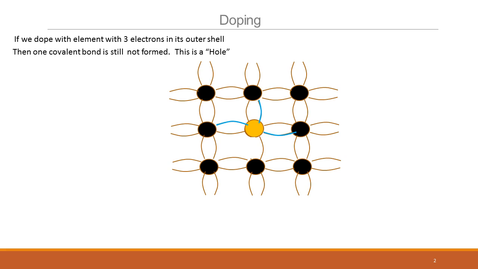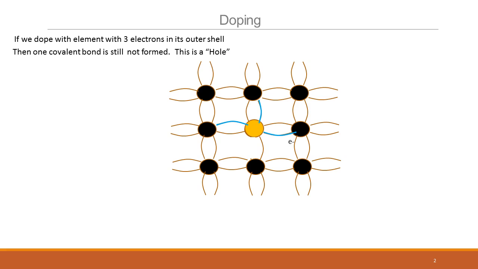So this absence of an electron in a covalent bond here is called a hole. A hole is not a particle by itself, as you notice. It is an absence of an electron in the covalent bond. Okay. Can holes conduct current is the question. Okay. Are they useful in conduction at all?